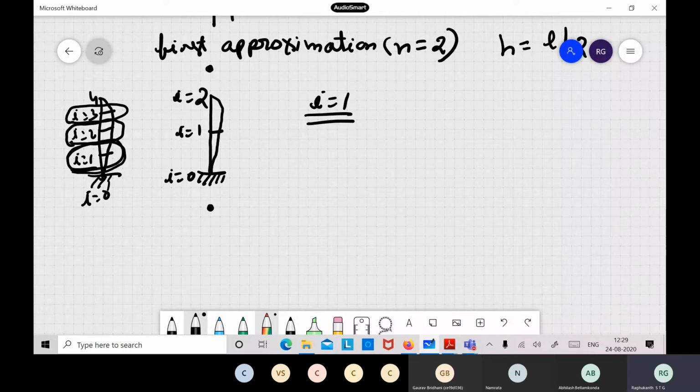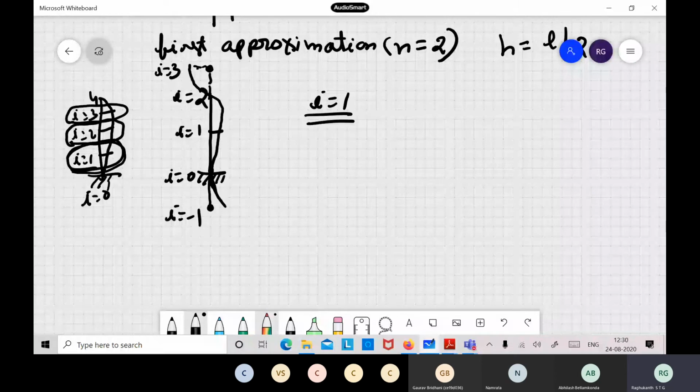So now you can do some tricks. For example, you just have a reflection. So you just assume one more point here. The deflection profile, because slope has to be 0, you can do this type of an approximation. Now similarly here also, these are the ends. So you can assume something like this. This is an assumption actually. This is the previous point, I is equal to -1, and this is I is equal to 3. So we do this kind of approximation. You have to extend something imaginary.